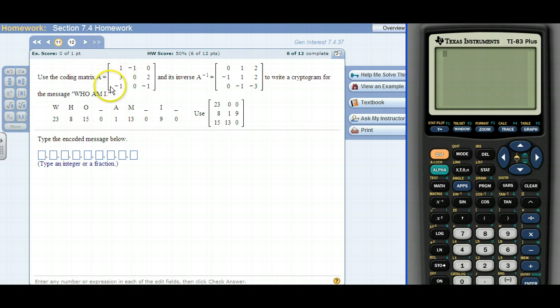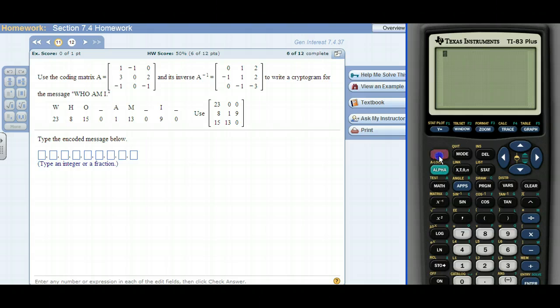Alright, problem number 11, coding. So this actually used to be used a whole lot, but not as much anymore with the advent of computers and computers' ability to come up with these themselves and come up with much more sophisticated encryption. But anyway,